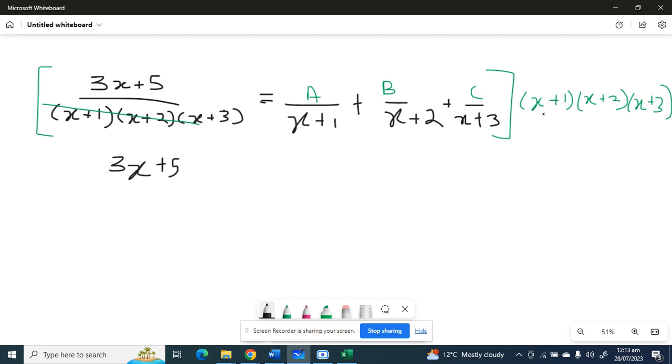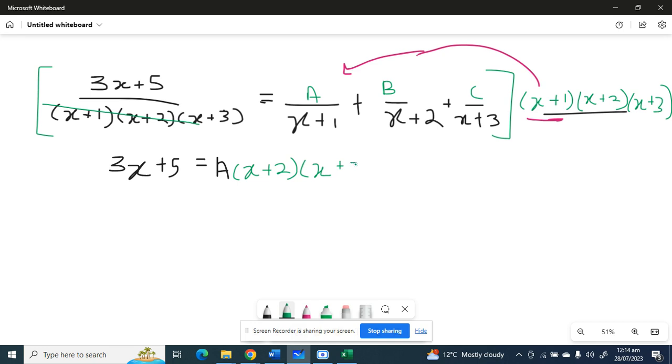When we multiply out this whole expression with a over x plus 1, since we have an x plus 1, we need to get rid of this x plus 1. So we're going to remain with x plus 2 and x plus 3. So we'll have equals a, open brackets, x plus 2, close brackets, open brackets again, x plus 3. Plus,